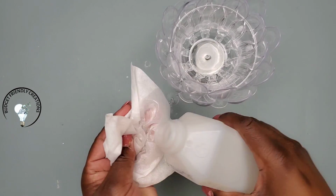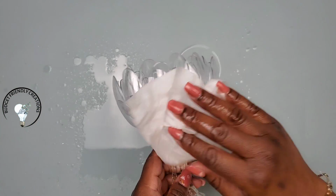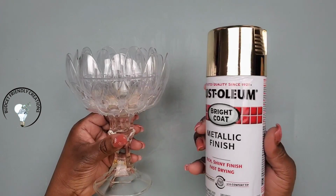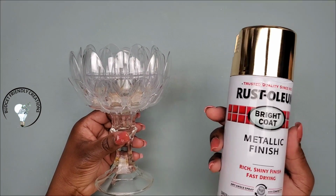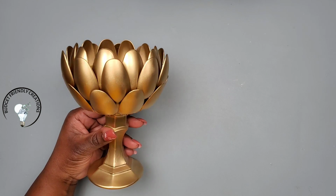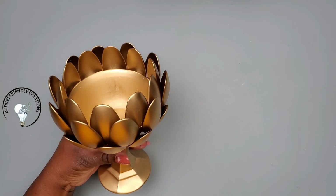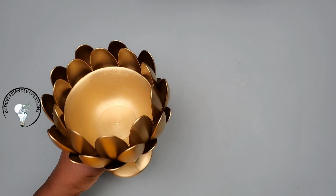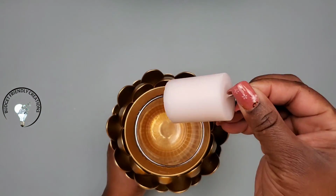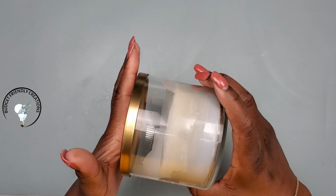So now the next step is to spray paint my candle holder. I'm taking some alcohol and I'm just cleaning off the surface, and then I'll use my spray paint. I'm using my Rust-Oleum reflective gold spray paint, my metallic spray paint from Rust-Oleum. Now here's how that looks, and I think it's beautiful, and that was so easy. I'll just place a Dollar Tree candle holder inside and a real candle, or you can use a push light